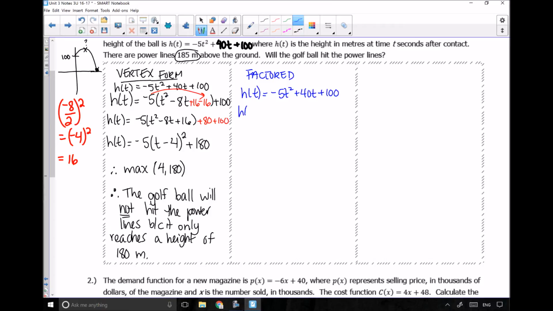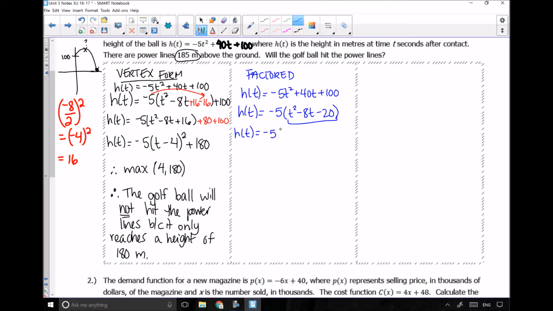So I'm going to say h of t is equal to, now I'm going to factor out a negative 5 as my GCF. So I end up getting t squared minus 8t, sorry, minus 20 over here, okay? So then I end up getting h of t equals, and this right here is a trinomial that I can